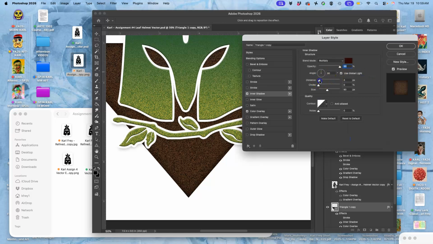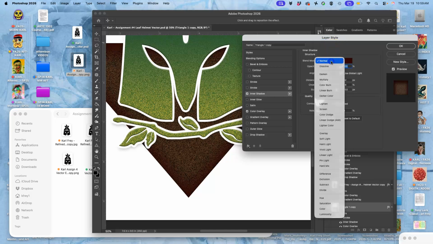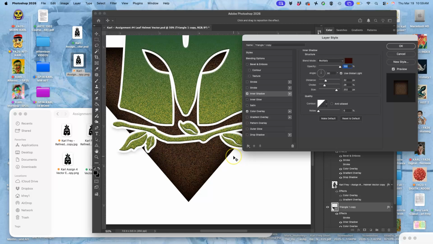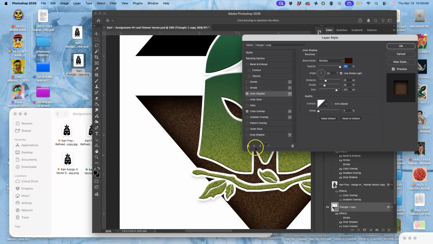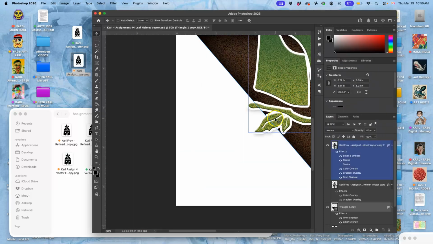And I'm going to make it go pretty far and grow it so that that deep red really affects the edge, and multiplies it, darkens it. Yeah, that's nice. Okay, now,